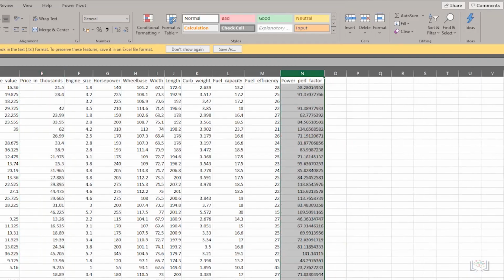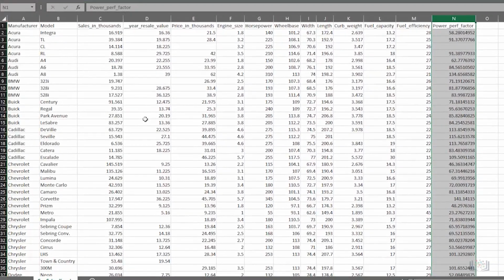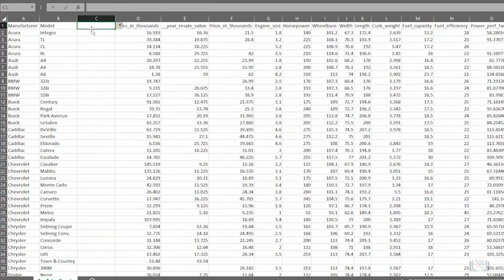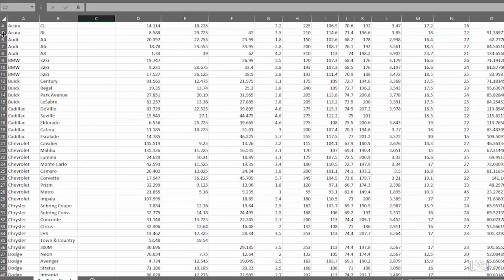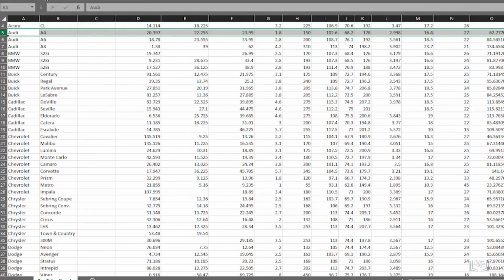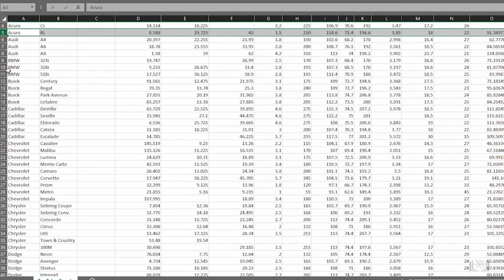To add another column, you simply select the column to the right of where you want your new column to be. Then right-click the column and choose Insert. And let's give the header a name, such as Year. To delete a row you don't need, select the row, right-click it, and choose Delete. And to add a row, select the row below the place you want to add your new row, right-click the